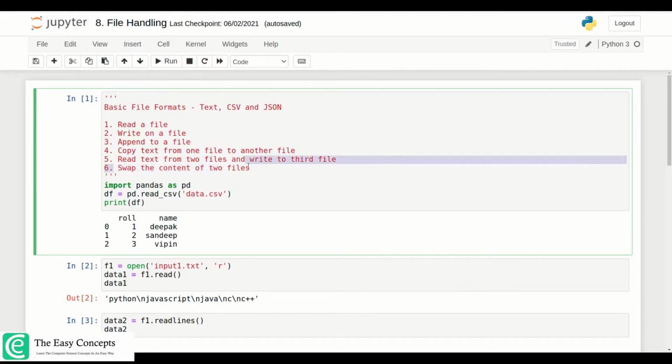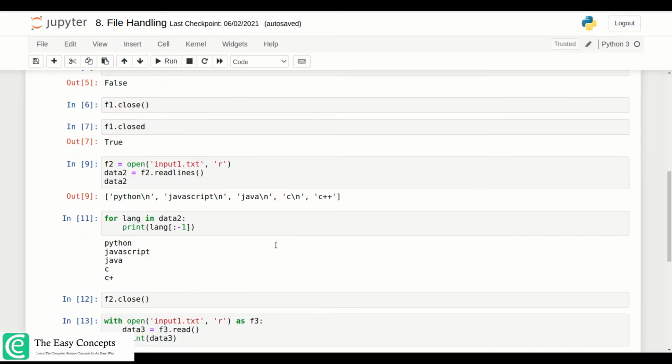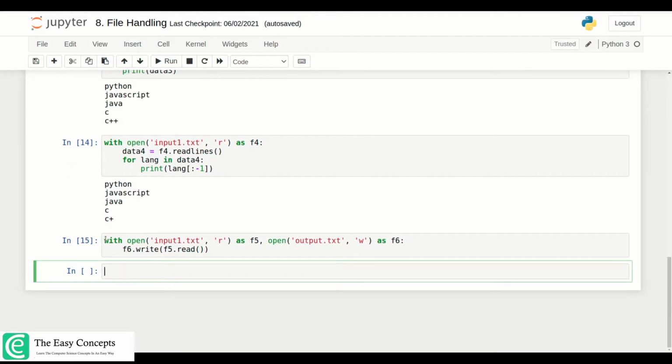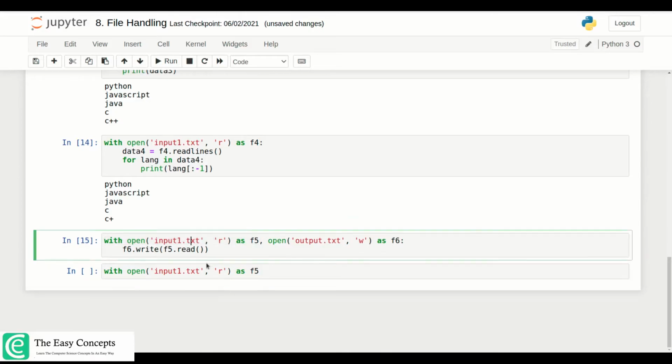So basically when we are reading content from two files and writing to a third file, we can do it by appending. So what we have to do is just open, maybe make it F7 and read input2, and open this output.txt in append mode.